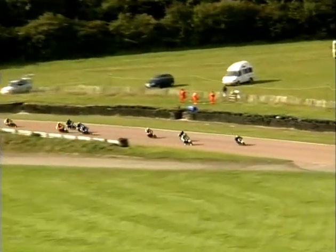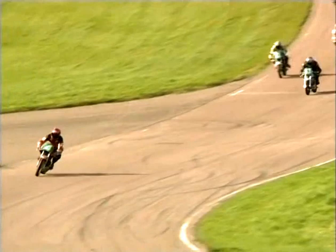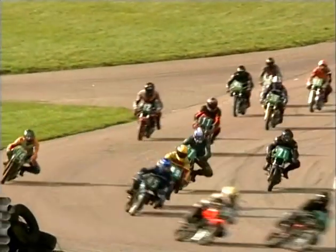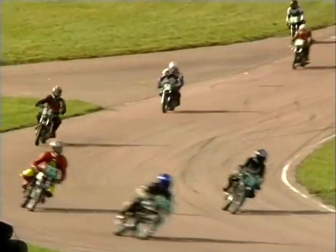Well, some different riders out here, because remember the round you've just seen was officially to be run at Pembrey, so only riders entering down there would have appeared in that one. This, though, is a strict entry for this weekend. Just trying to pick them out as they come down. That's a good lead. Look at that lead. And that is Matt Goldsmith. Matt Goldsmith got the super start. Phil Belenkin is behind him in second, and Jonathan King was third. Well, Jonathan King, we saw him go well in the previous race, and he's going equally well, if not better,